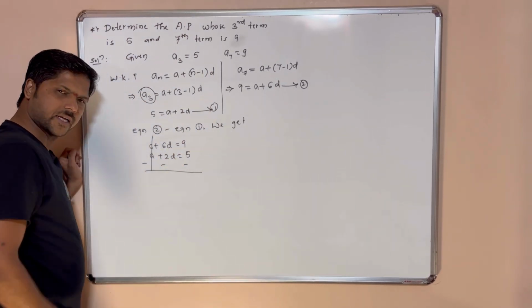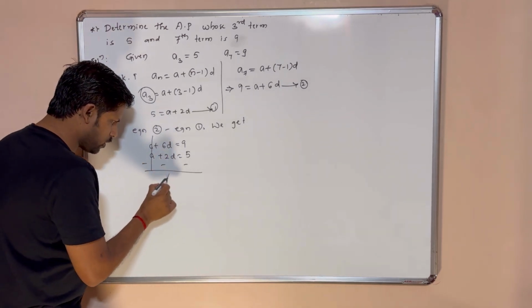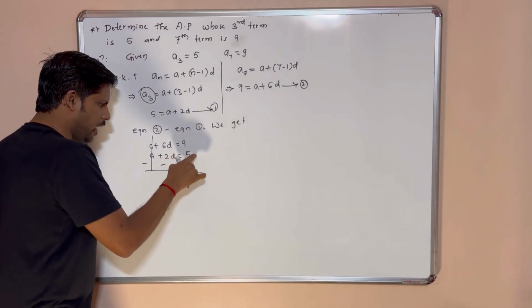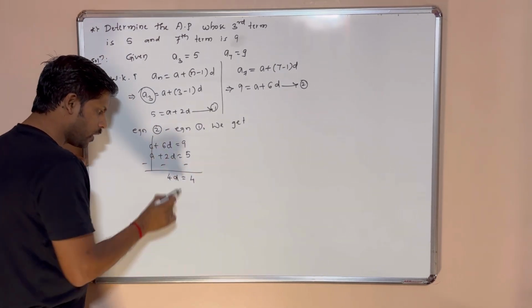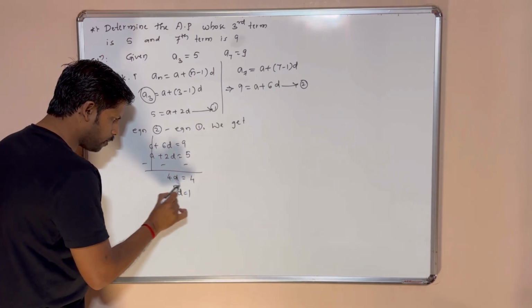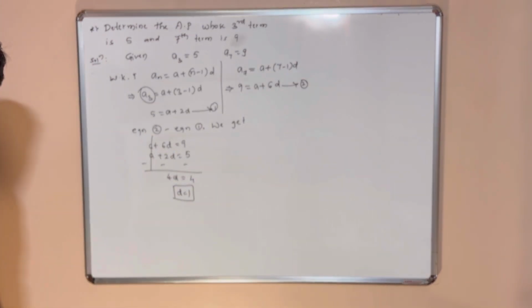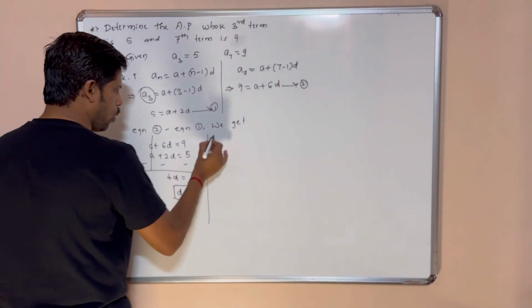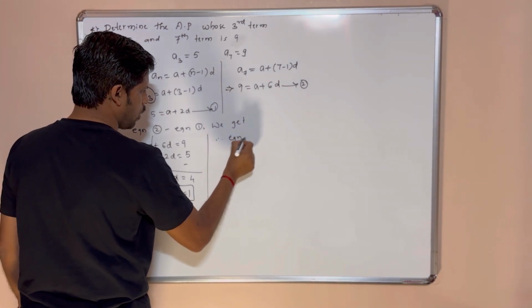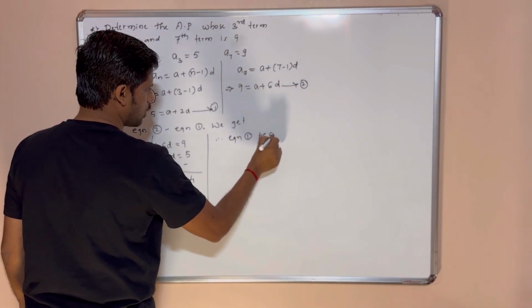Here plus a minus a get cancel. 6 minus 2d is 4d is equal to 9 minus 5 is 4. Then d is equal to 1. Here d is equal to 1. Now put d is equal to 1 in equation 1. Equation 1 becomes,